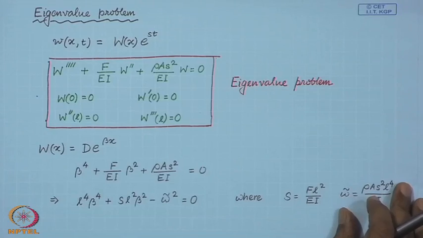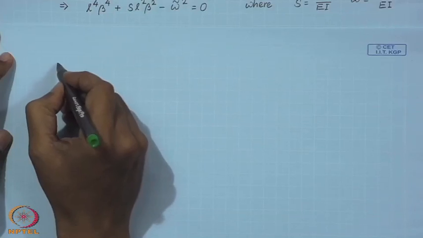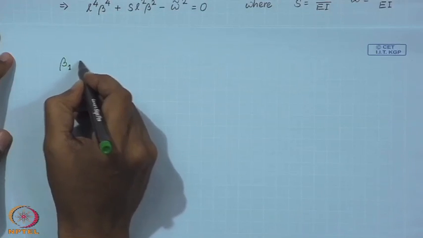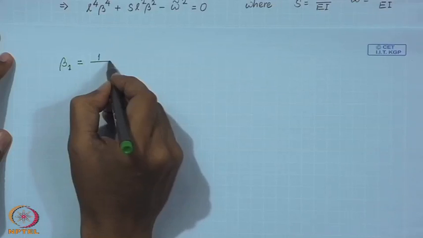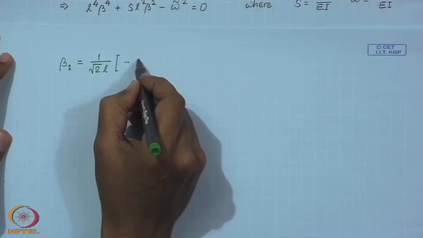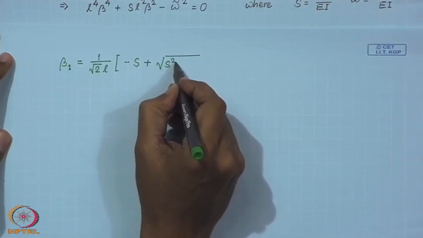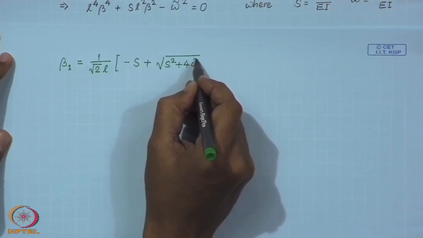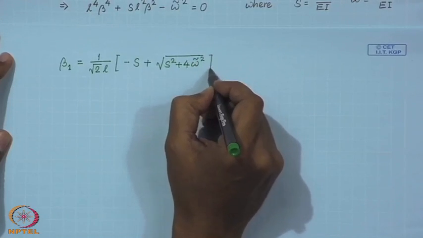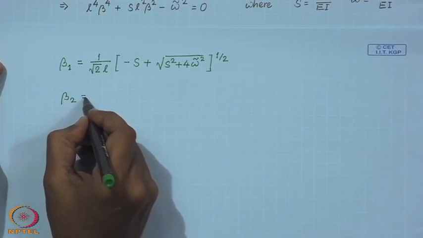You can see that there will be two solutions of beta. So, this is one solution of beta. The second solution reads